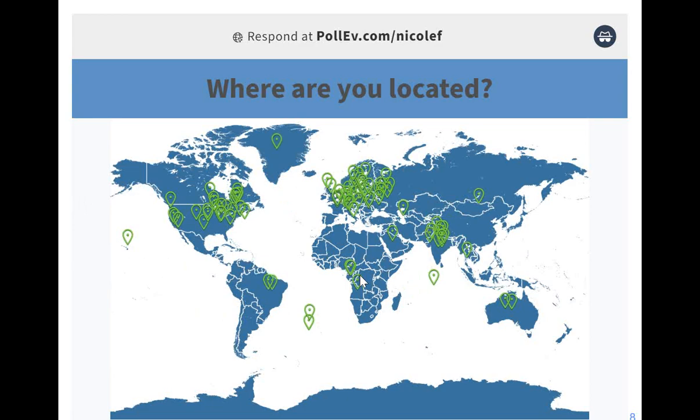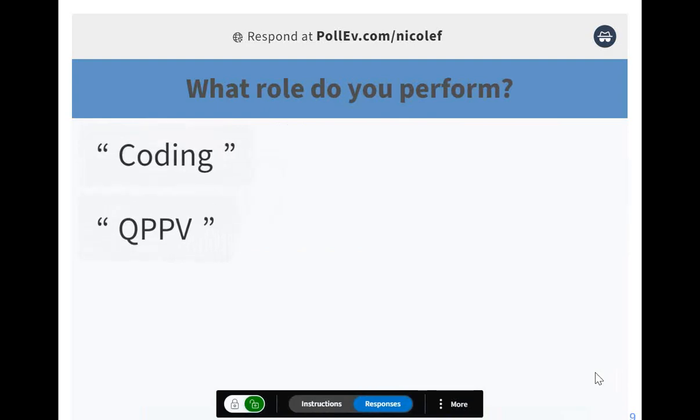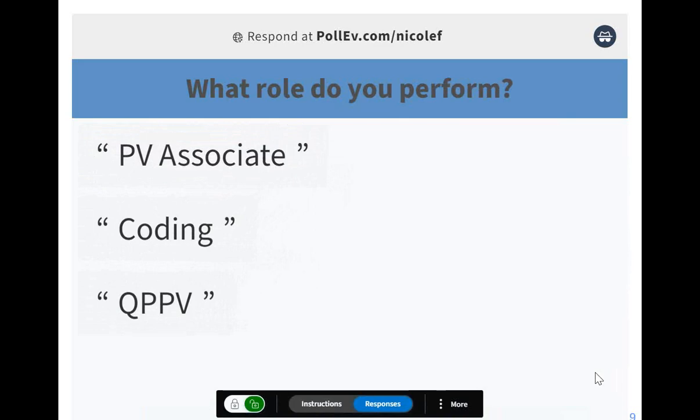So let's move on to another poll question. The next one, and see how people respond to that. So here it's basically you have to type in what role do you perform. So I always like to get a good idea, as well as Nicole. We want to see who our audience is, what their functions are in their various organizations. It kind of helps us sort of tweak the exercises a bit.